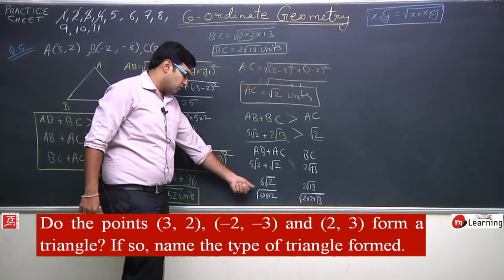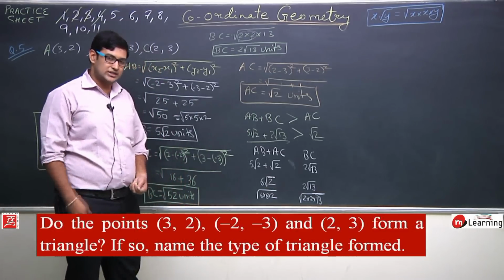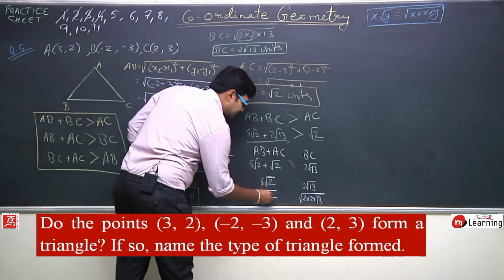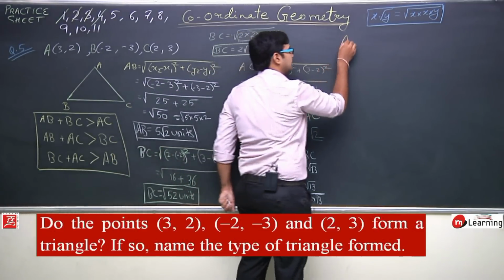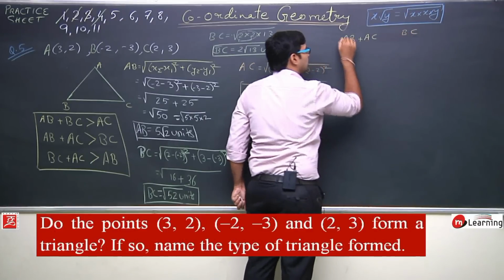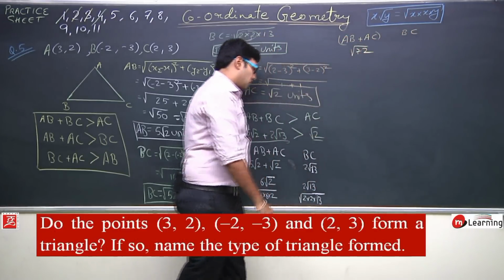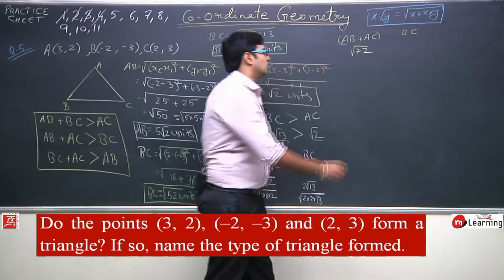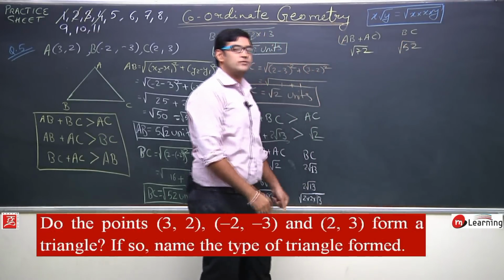Okay. Now, what is 6 into 6 into 2? 6 6s are 36. 36 into 2 is 72. So this relation is basically √72. Let us write it here. This is AB, AC and this is BC. So the length of AB plus AC is √72 and the length of BC is 2 into 2 into 13. So this is 52. So its length is 52. Okay, square root of 52.